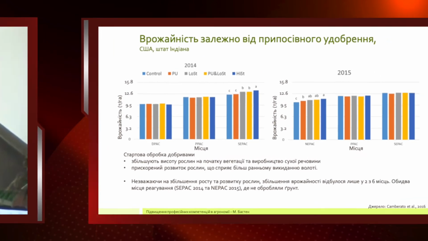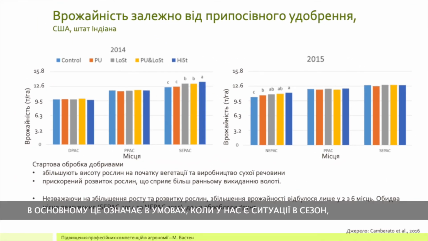And this explains why we do not always see a better yield response to earliness and to the effect of a starter fertilizer early. So basically, this means that under conditions where we have a drought later on in the season, or in another season where we have good water supply, the starter fertilizer probably needs to be considered as a kind of insurance towards conditions where the corn crop cannot compensate